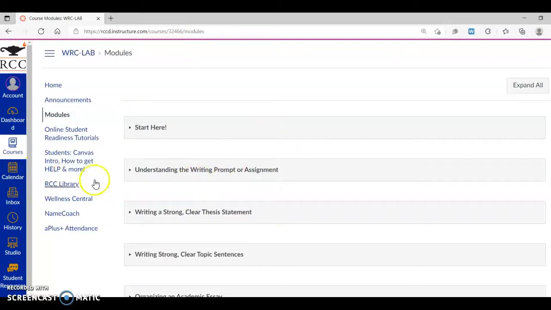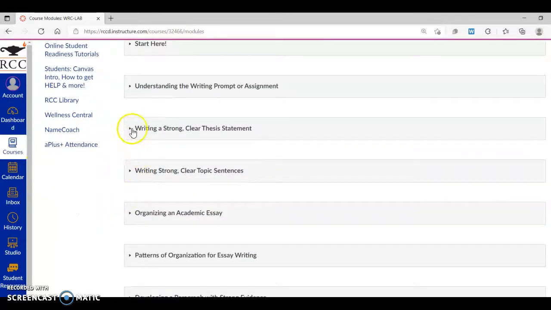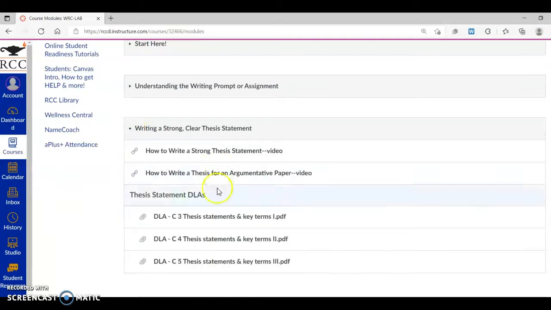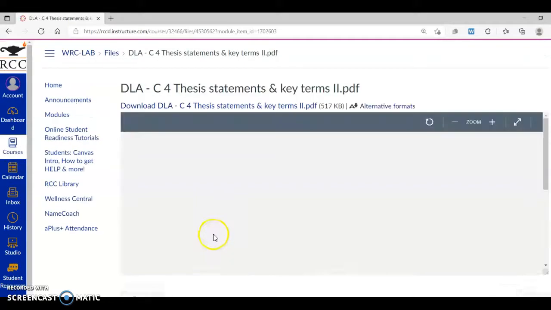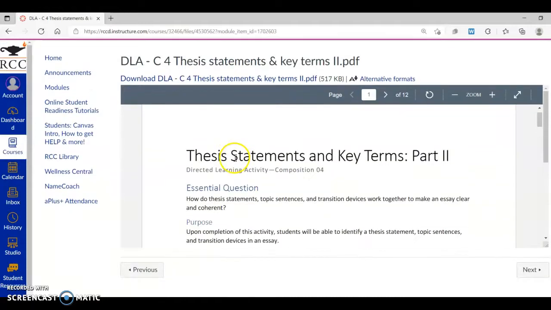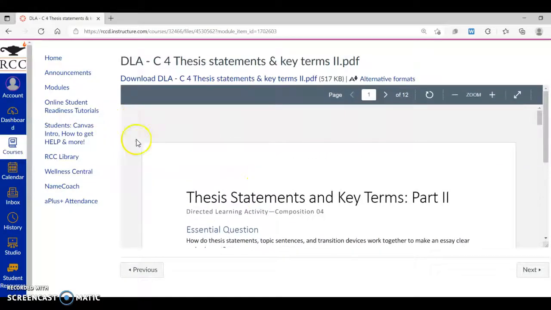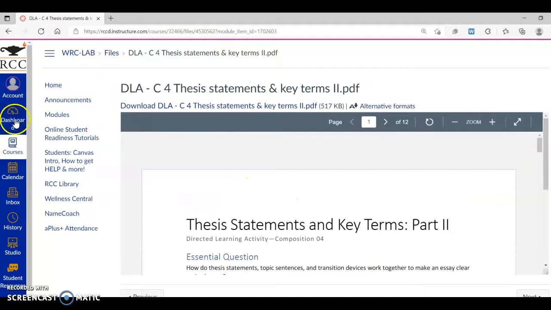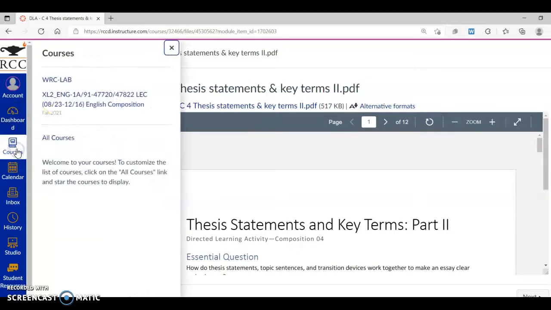collapse the modules so that you can see which module you're looking for. For instance, week 2, we're going to be looking in this module. There's some videos. There's several DLAs. The one that we're going to be using is the second one. And again, you can download it from here, complete it, and then to turn it in, you would actually come back over to our course,